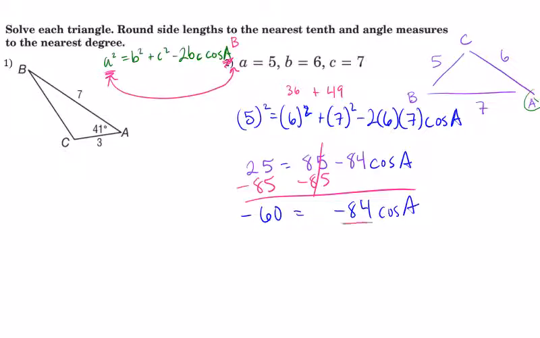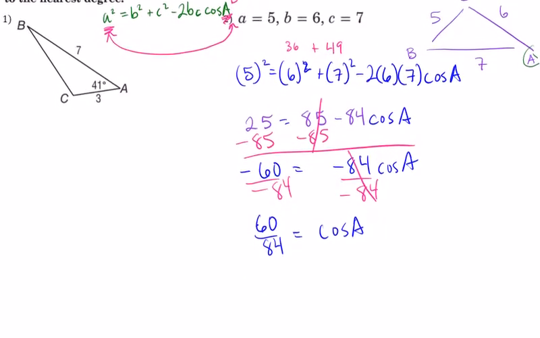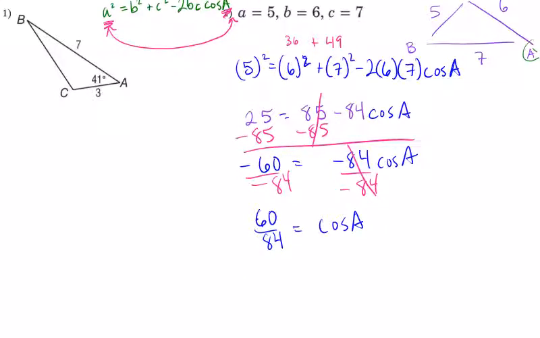And then now we want to divide by negative 84. And so we get negative divided by negative is a positive 60 over 84. I could reduce that, but I'm not going to, just because my calculator is just going to do that work anyway. So now I want to get A by itself, so I'm going to take the cosine inverse of both sides. And so this is, once again, you're going to plug that in your calculator. So why reduce when your calculator can just work through that for you? And so I'm going to plug that in my calculator. And it comes out to